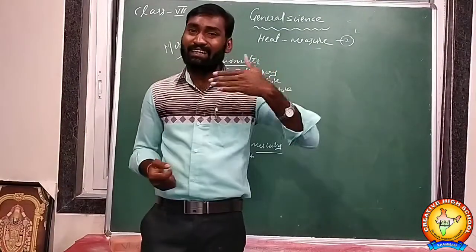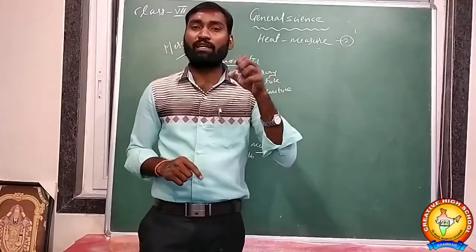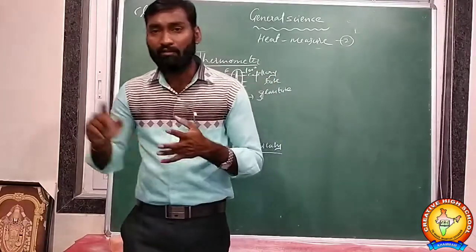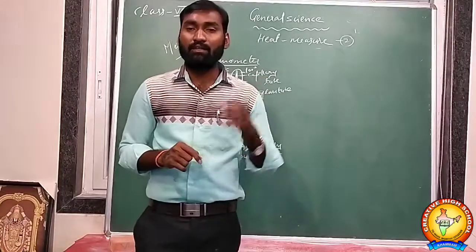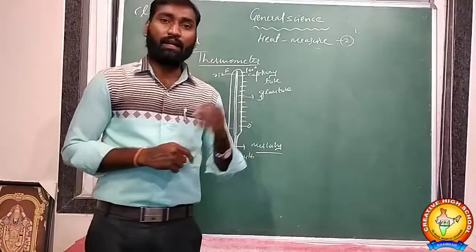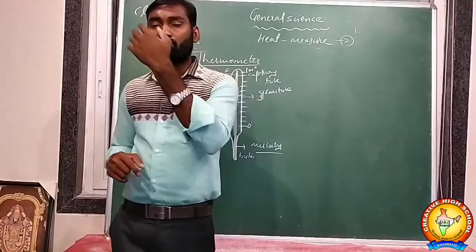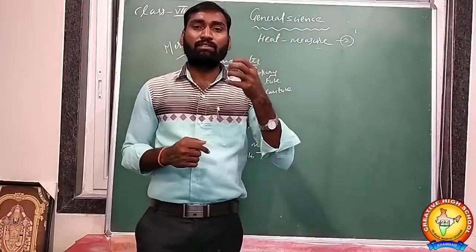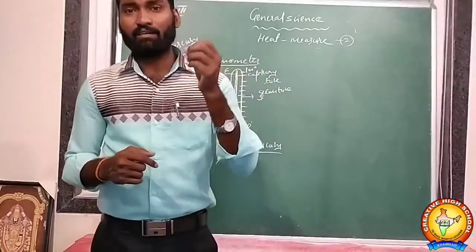So these are the characteristics of mercury. It easily expands with a small amount of heat. It has a heavier density than water, and it is clear. It has a color, a silver colored liquid, while water doesn't have any color. And it does not attach to the walls of the capillary tube, but water is attached to the walls of the capillary tube. These are the main characteristics of mercury used as a thermometric liquid.